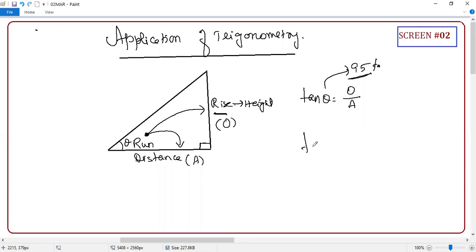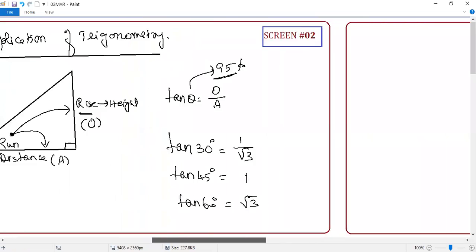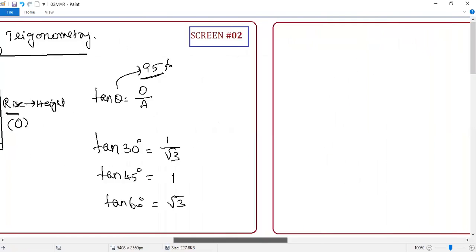And what are the values in general you should know? From unit 1, guys, you don't need to know many things. You should just know tan 30, tan 45, and tan 60. If you know these three values, 95% of the problems can be solved. Tan 30 equal to 1 by root 3. Anyone remember tan 45? 1. What is tan 60? Root 3. You also can participate here. Okay, the chapter you know, right? Yes, sir.